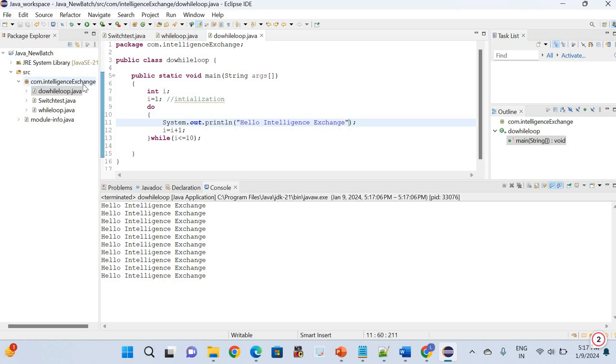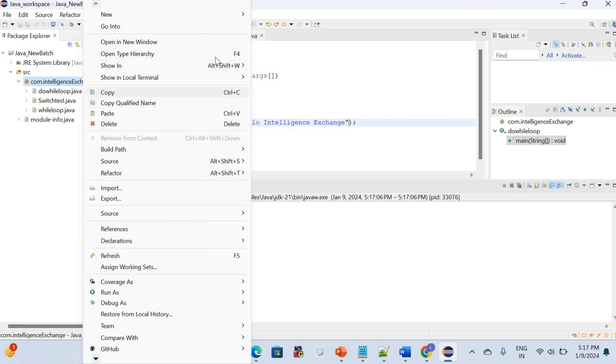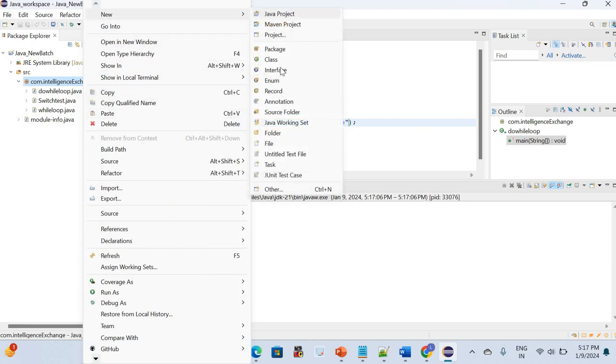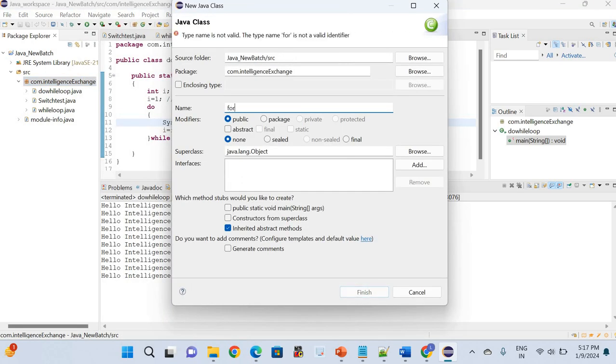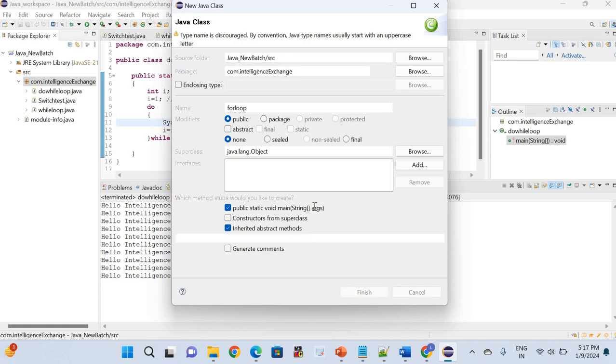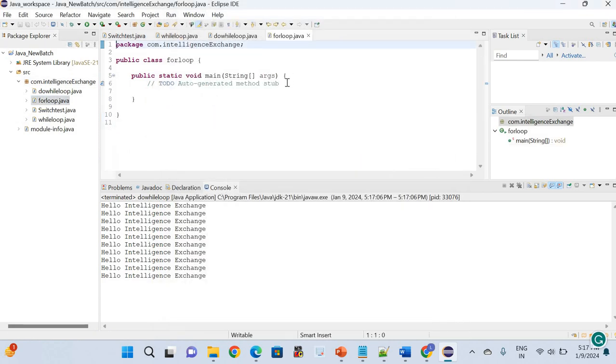Now next I'm moving into the for loop, and for is a very easy loop. I will check this time, public static void main. Okay, and